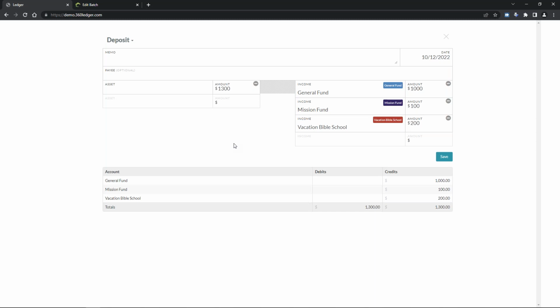But circling back, for your deposit, we can make a memo, just like any other deposit. If we so choose, we can say offerings from Sunday, just to know that this is what was collected that day. You do have the option to add in a payee, just completely optional. Naturally, if you're just going to be depositing it, no need for that. And now that you have all of your income accounts chosen and all of these added up into $1,300,